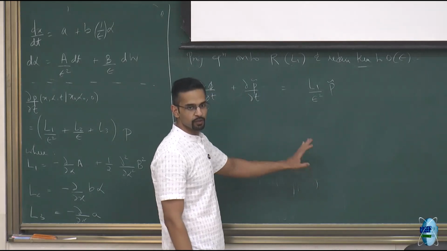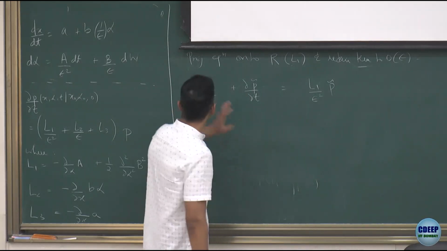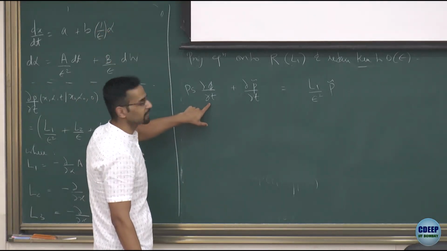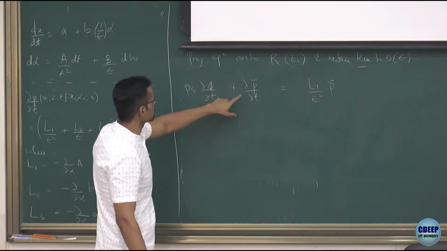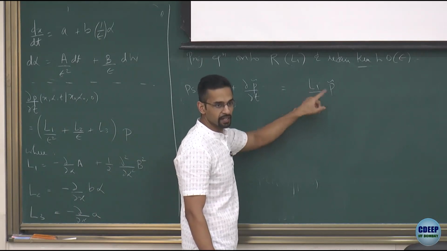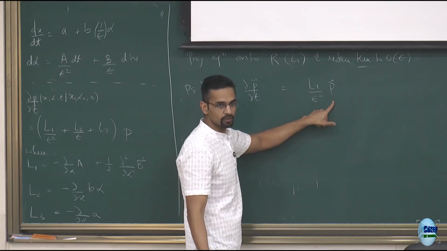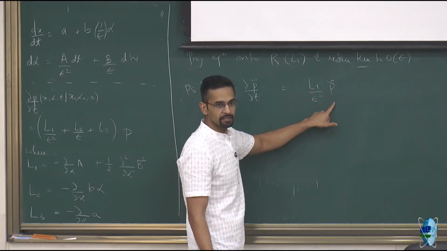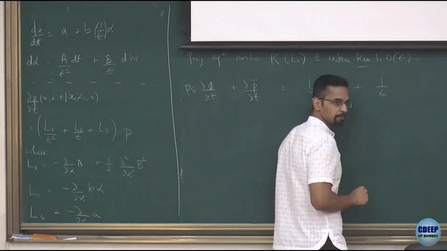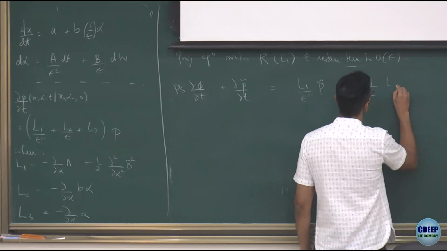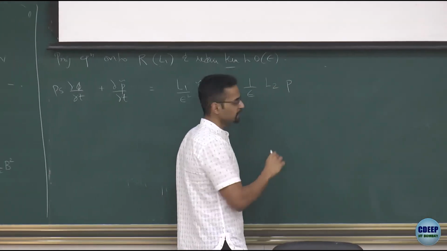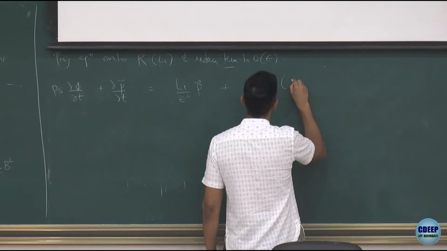Let's just write the full equation with the decomposition, with the P decomposition. So in the original equation, I have d dt of P. So that splits up in this way. Then I have 1 by epsilon square L1 acting on P. Of course, L1 acting on P_S goes to 0. So I get only L1 acting on the perturbed part. Plus 1 by epsilon, I will have L2 acting on P.